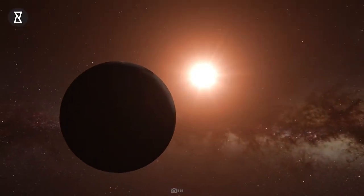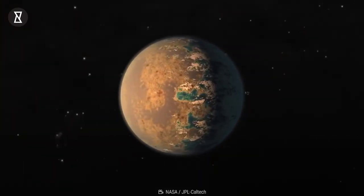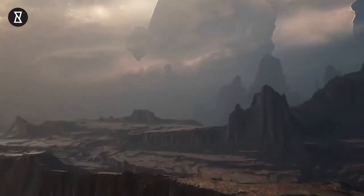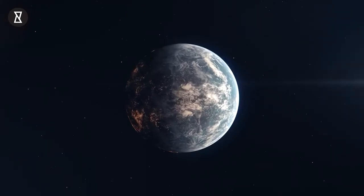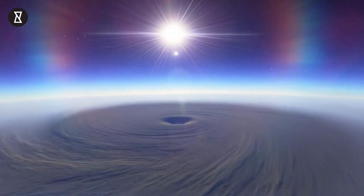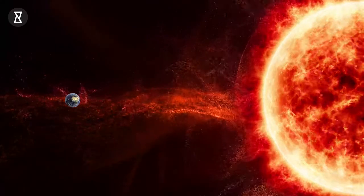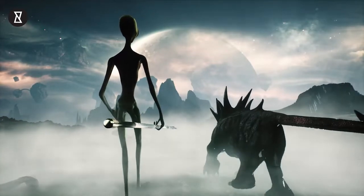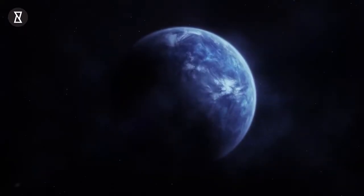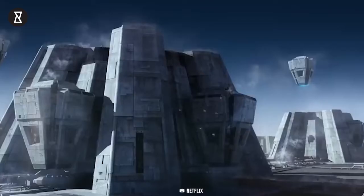And Proxima b is a tidally locked planet, which means that one side of the planet is always facing the star, bathing in solar radiation, and the other side in eternal darkness. Whether or not Proxima b could be a hotbed of life most likely depends on whether an atmosphere exists. Because, to support life, it would need an atmosphere that could hold its own against 400 times the X-rays that reach Earth. And if it has one, life could be thriving in the planet's twilight zone, the region between the day and night side. And amidst all the life nestled in her lap, Proxima b might give birth to an